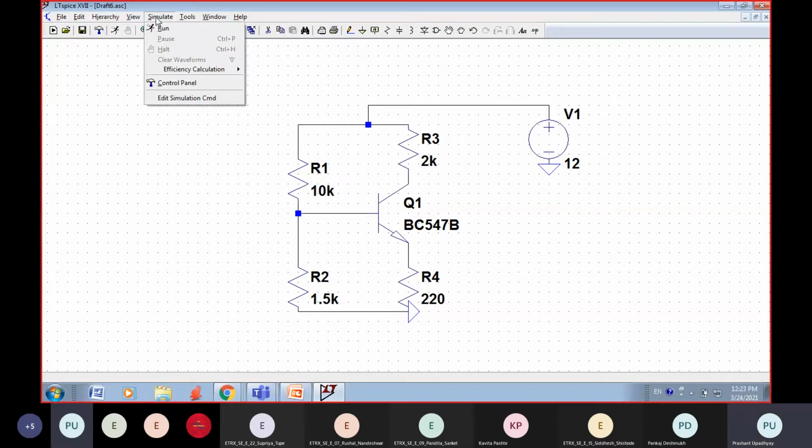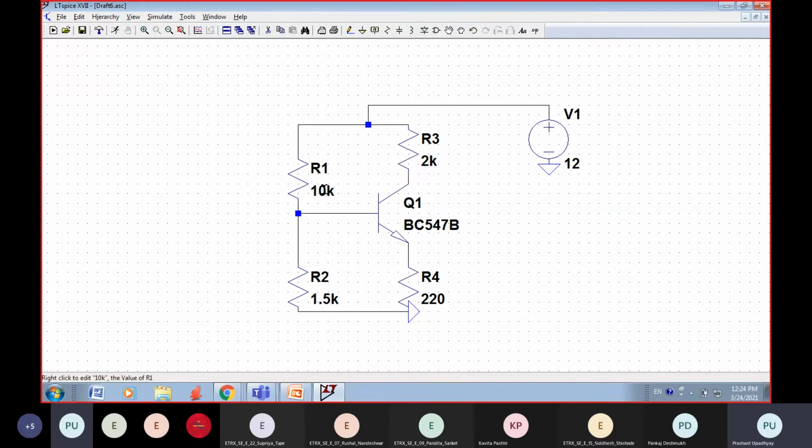Now before making a transistor, I must test my circuit whether it is biased or not. If it is not biased properly, it is a problem. I expect this VCQ to be half of this value, 12 volt. Like, this voltage should be half of that. If it is 12, the VCQ should be 6, and remaining voltage, around 1 volt should drop here, and then around 5 volt will drop here. So I should make that voltage budget.